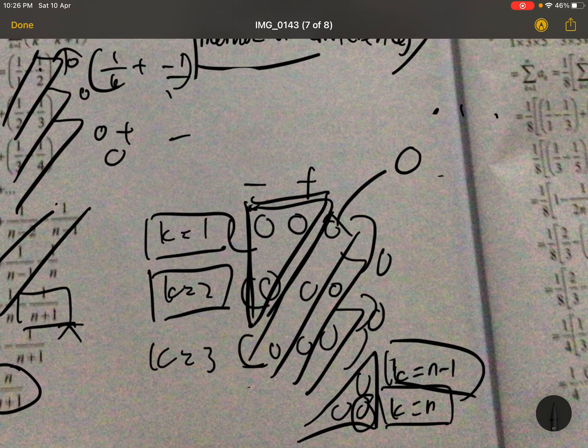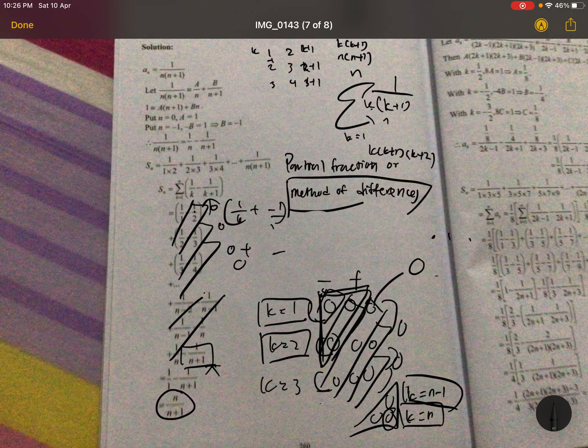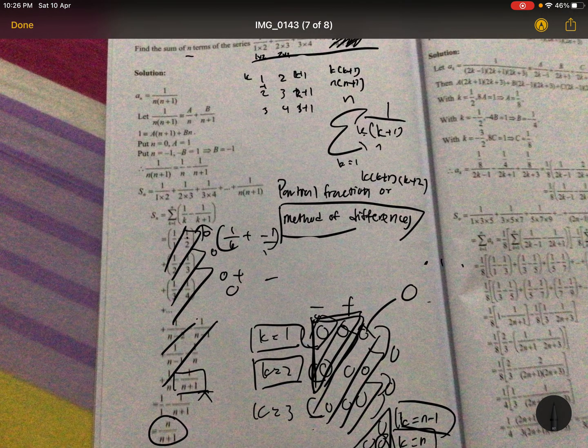Because in the triple type of thing, you need 3 to make it 0. Since these are only 2 and this is only 1, they cannot be 0. So you must add them together, or you must subtract them, depending on what the value is. So yeah, just be careful with